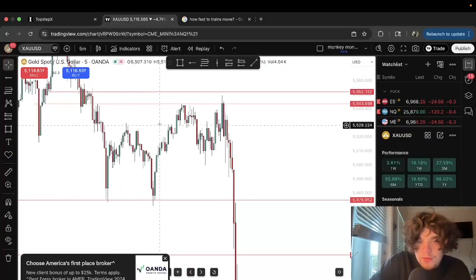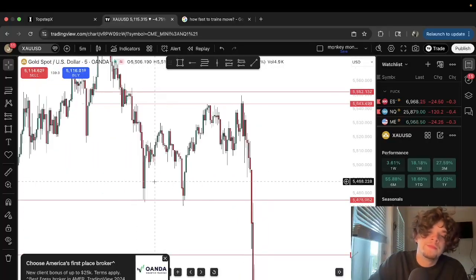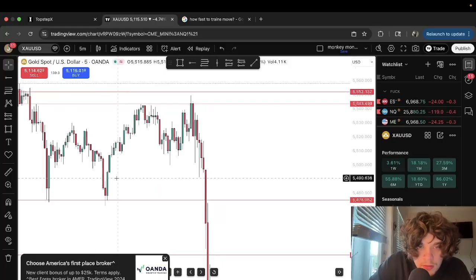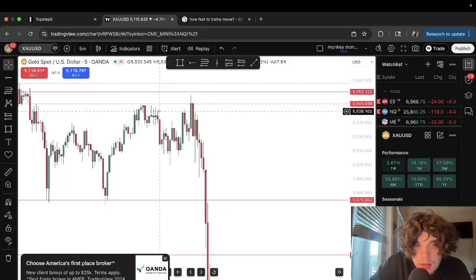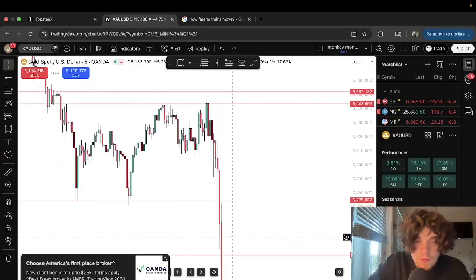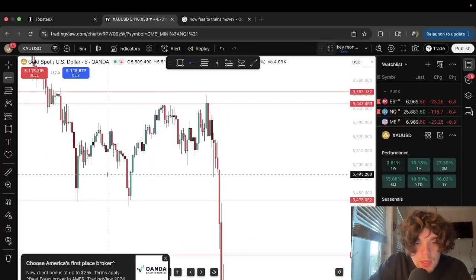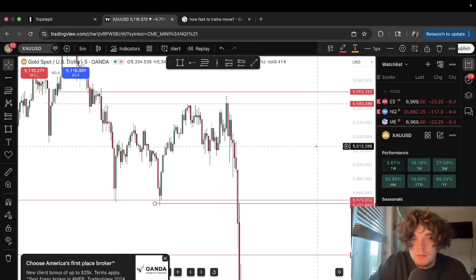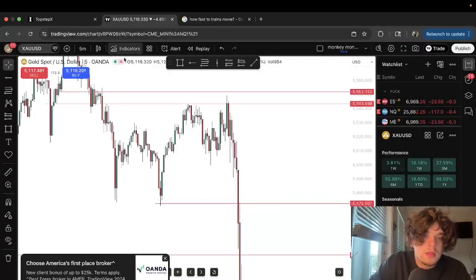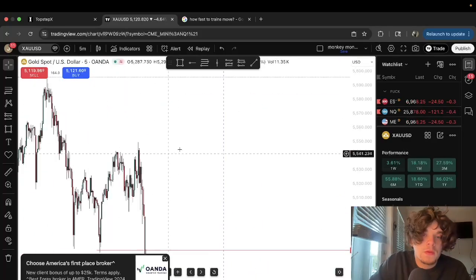You could almost even argue that you could take a trade off of this right here and say, oh, you know, this is an uptrend. Okay, if that's how you want to see it, fine. But just know the structure gets broken right there. Does that make sense? I really hope that I explained everything right. Alright.